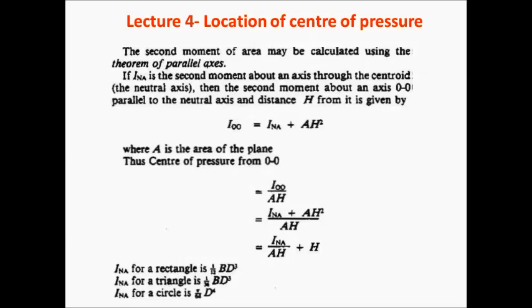Load acting on the horizontal plane, it means that in the case of a ship, it is the tank top and outer bottom plating of the double bottom tank. In the case of a vertical plane, it is the side shell as well as a bulkhead. So in both cases we have seen, and we found the load acting on the horizontal plane as well as the load acting on the vertical plane.